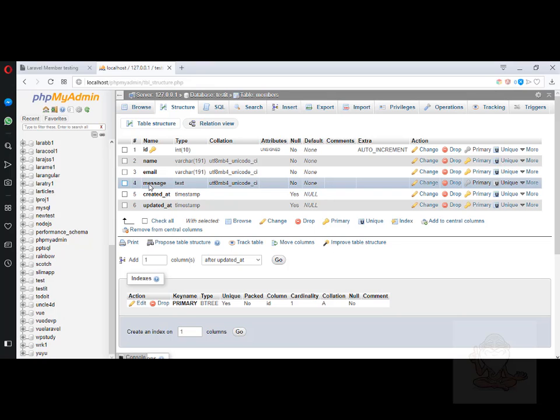Once that is created, we can go to the next step, which is making the controller. So what's the command to make the controller? It is php artisan make:controller MemberController. Of course, you can put any name for the controller. I just put MemberController.